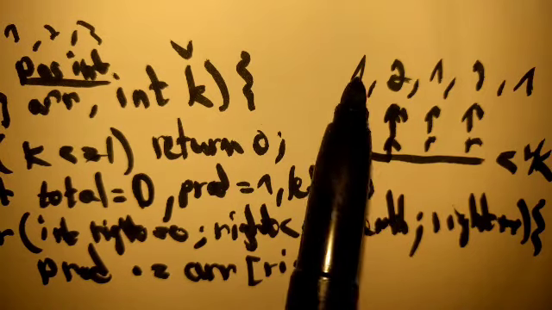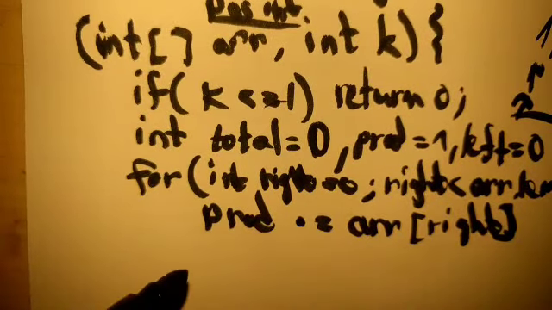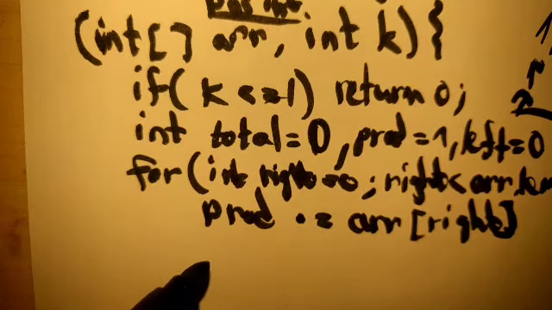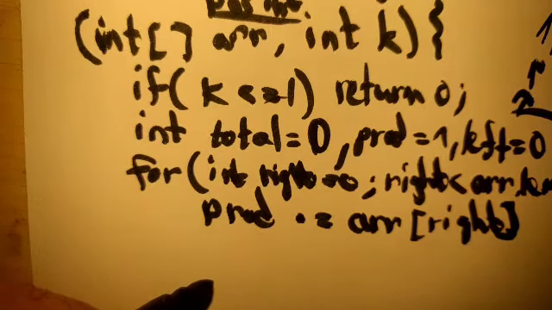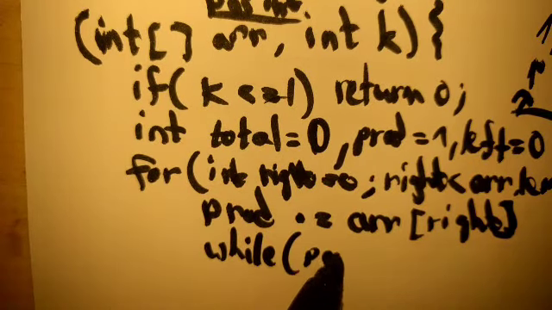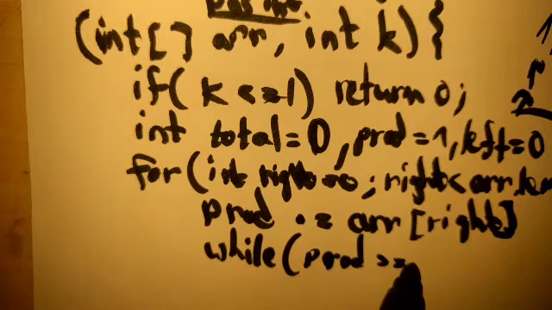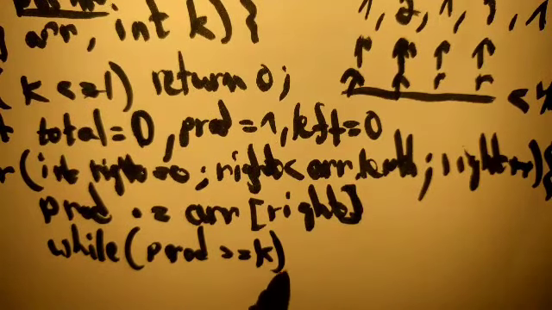And when do we move the left index? We are going to move it when our product is bigger. So let's code this. If our product is larger than k, we need to move the left index, because if we don't move the left index, our product will keep getting bigger and bigger. So we start with this. Although this is not that intuitive, we first put this condition in order to avoid two conditions. So we put while the product, just in any case, is larger or equal to k, then what we do in this case,